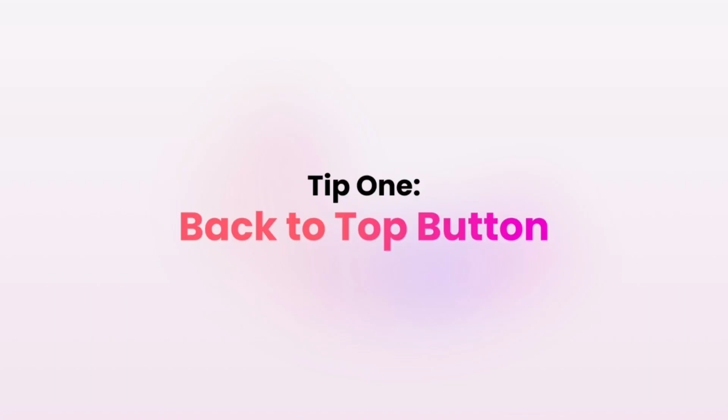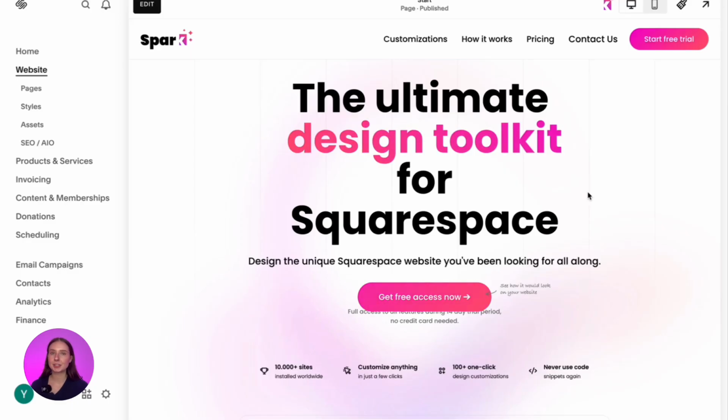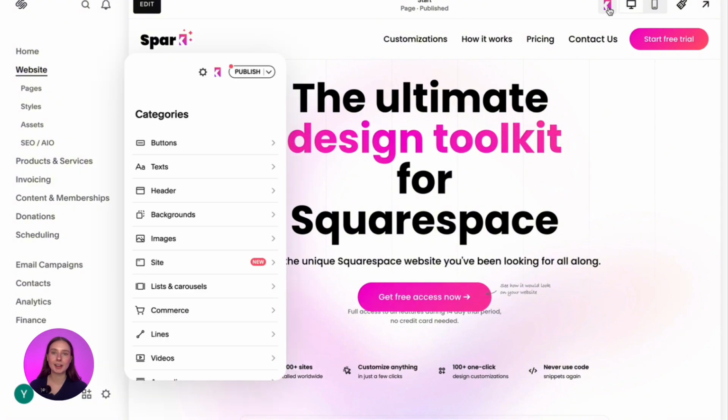The first one is how to add a back to top button on your Squarespace website. Now, typically I would show this using a little bit of code, but I'm going to make your life so much easier because you can do this now without using any code. I promise you, you literally just maybe need a snippet of code and that's it, because it uses Spark plugin. Okay, so the first thing you need to do is click on the Spark plugin icon